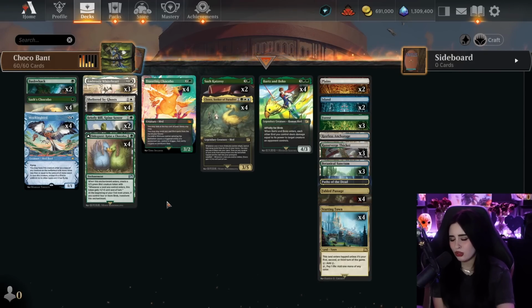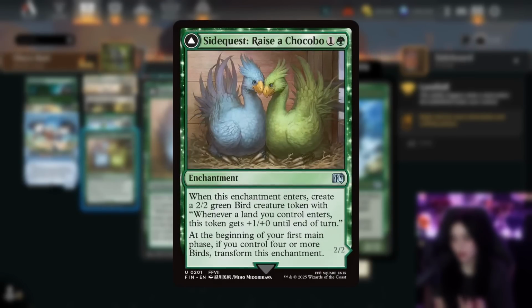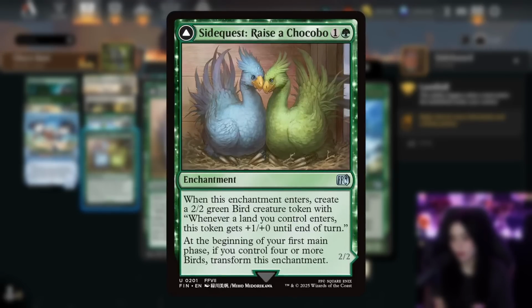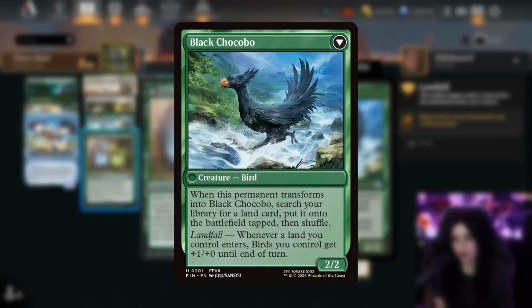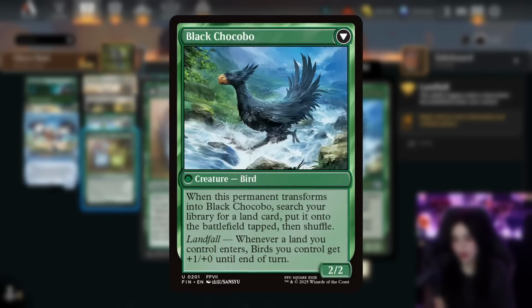The other really strong landfall and Chocobo card that we're working with is Sidequest: Raise a Chocobo. This card really impresses me. It's a 2-mana enchantment, and when it enters, you create a 2/2 bird creature token with the landfall stuff attached to it. At the beginning of your first main phase, if you control 4 or more birds, you get to transform this enchantment. So you can immediately attack with the creature you make out of this, which is the Black Chocobo. When it transforms into Black Chocobo, you search your library for a land card, put it onto the